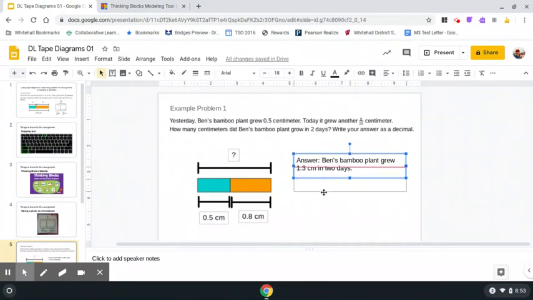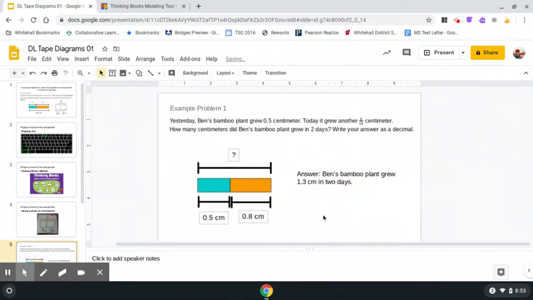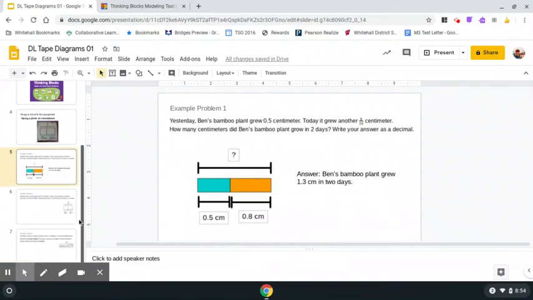So I have completed this problem. This is what you're going to do with your assignment: make a tape diagram, solve the problem, probably on paper and pencil, and then type in your answer in a complete sentence. But let's say you aren't really fond of that Thinking Blocks website. You don't want to build it like that. Well, another way you could do this